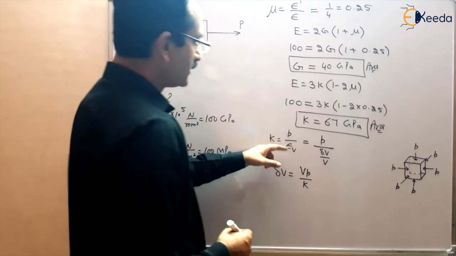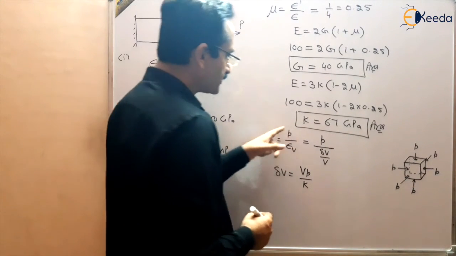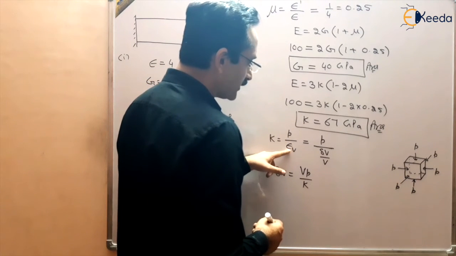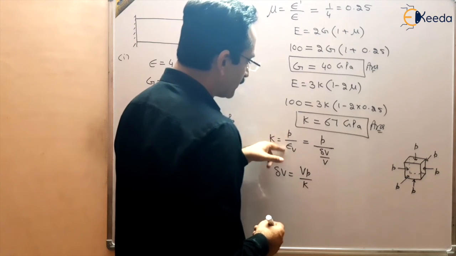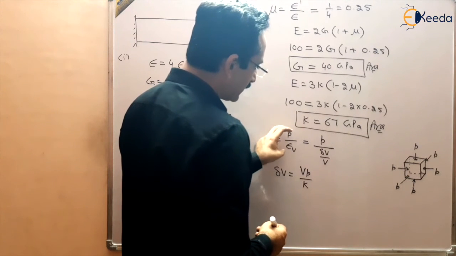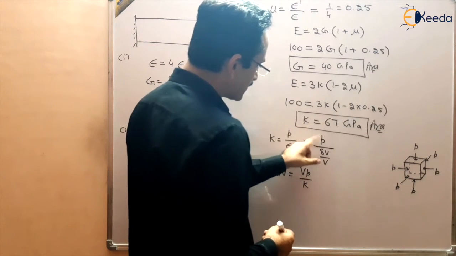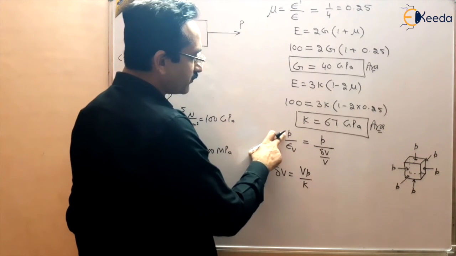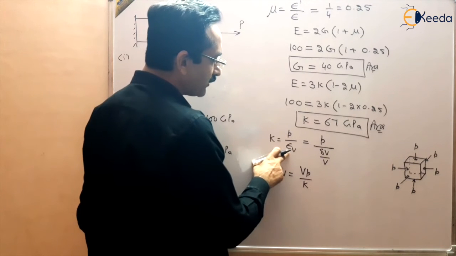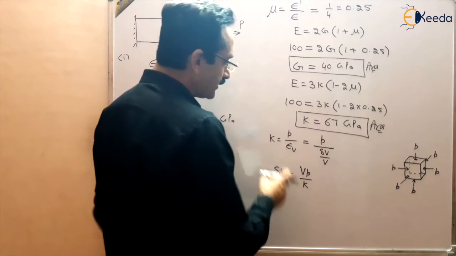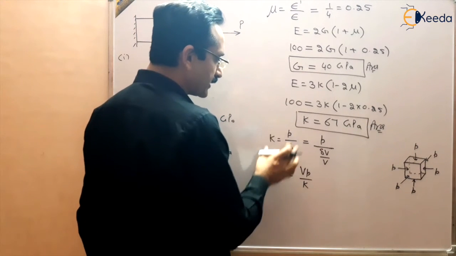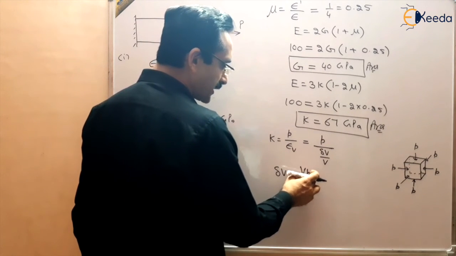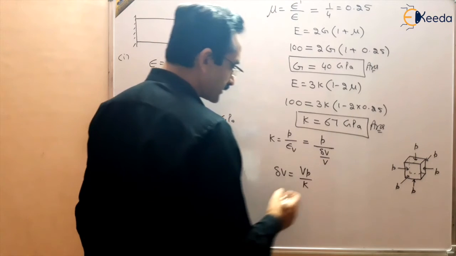And here we could also use the negative sign, because if P is negative, this will also come out negative, and negative and negative will become positive, right? So that's why we are not writing it here. Otherwise a negative sign can be written for minus P, but because the volume strain is also decreasing and negative becomes positive, I am not writing the negative. So V is the volume, P is the pressure, and K is the bulk modulus of elasticity.